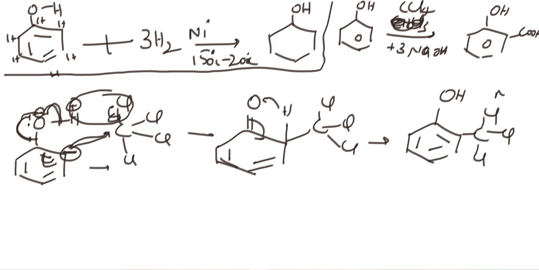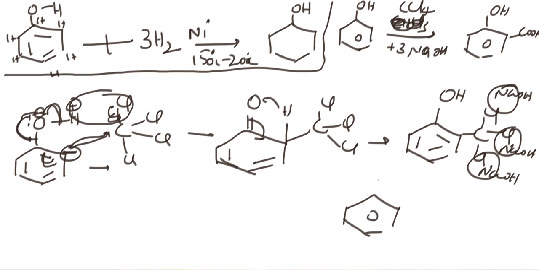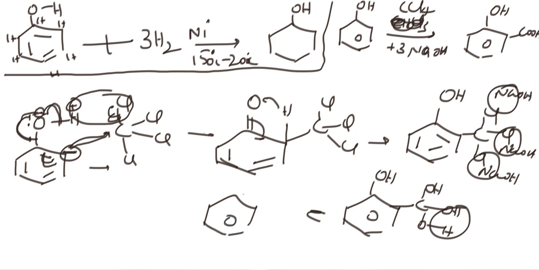Okay, how many bases you added? Three bases, NaOH, NaOH, NaOH, NaCl eliminated, NaCl eliminated, NaCl eliminated. OH, C, OH, OH and OH, water eliminated. Then finally you are going to get salicylic acid. Okay, so this is also one of the Riemer-Tiemann reactions. I hope it is clear. Very easy thing. Okay.